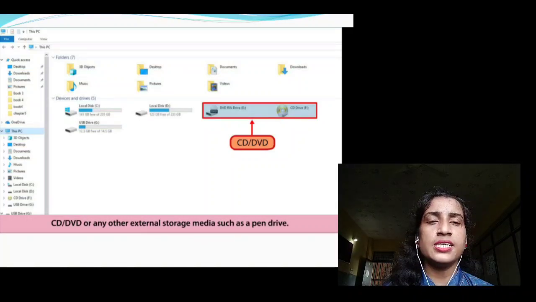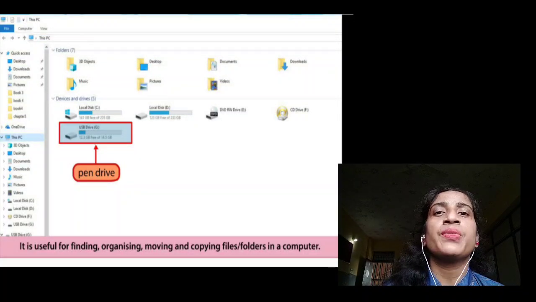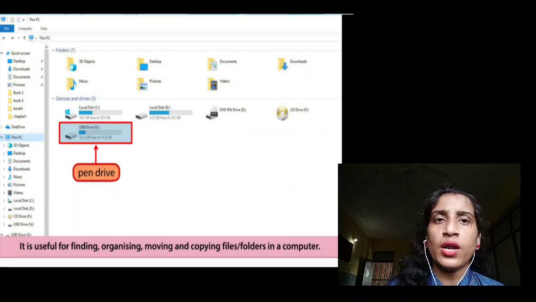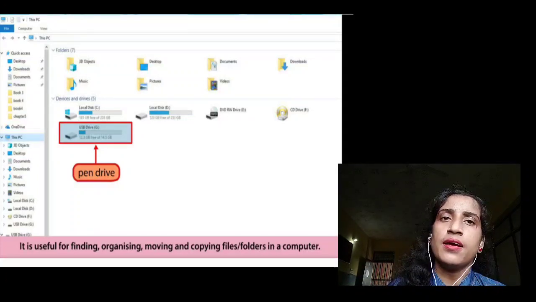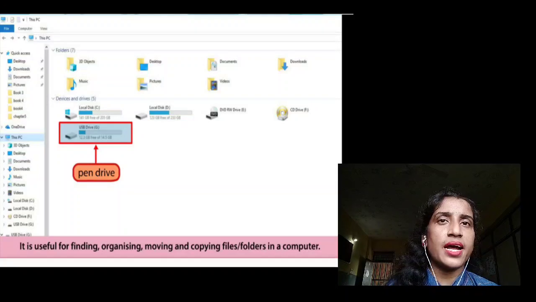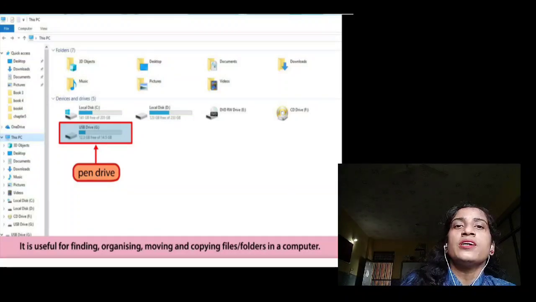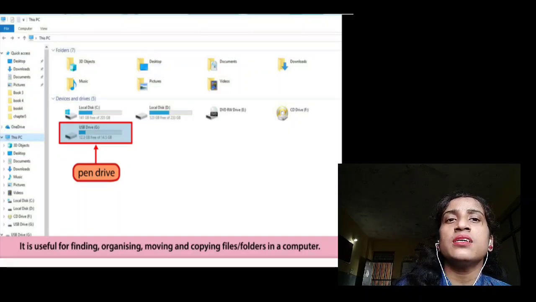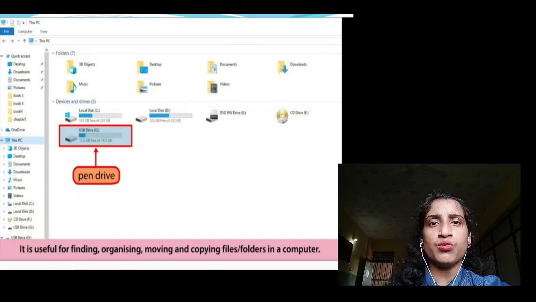This pen drive, CD or DVD is useful for finding, organizing, moving and copying file folders in a computer. So this is all about This PC, which is useful for finding, organizing, moving and copying file folders in a computer.